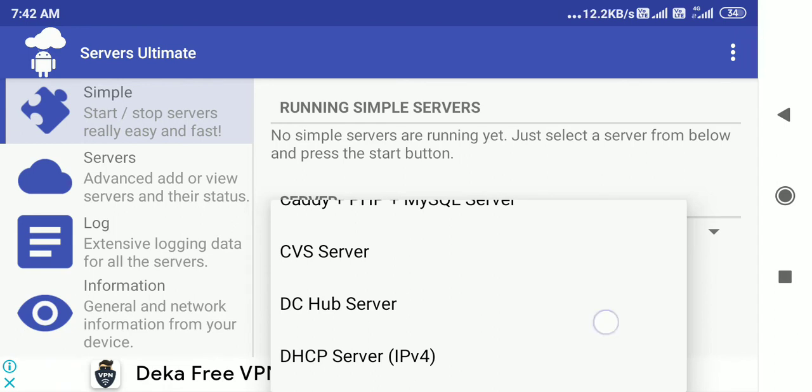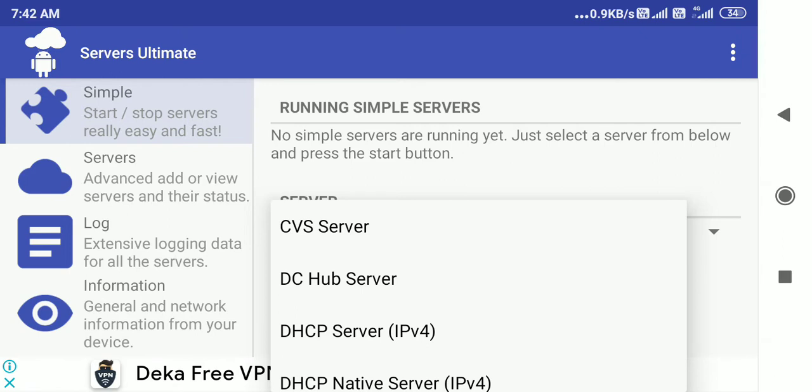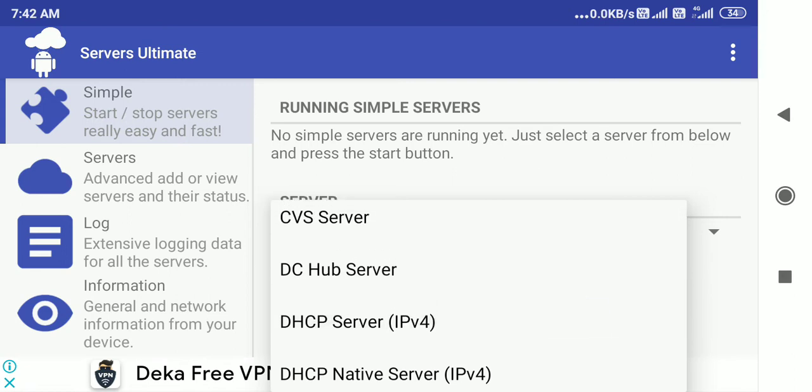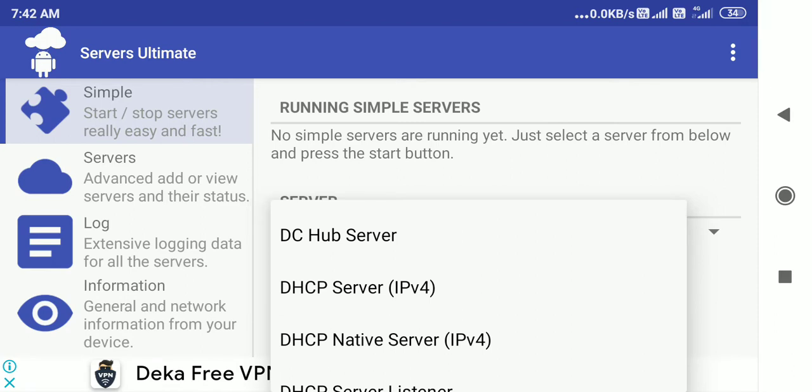DC hub server, that is also a kind of server. A hub is a kind of interconnect equipment. From one computer you connect to another computer, you use what is called a hub, a kind of connecting device which comes in between two servers. If that itself becomes a server, then it becomes a DC hub server. It's called a direct connect hub server. Direct connect hub servers let you do a direct connect of different things. It's a kind of tunneling, or a virtual path which is created within the server. Those are called direct hub servers.